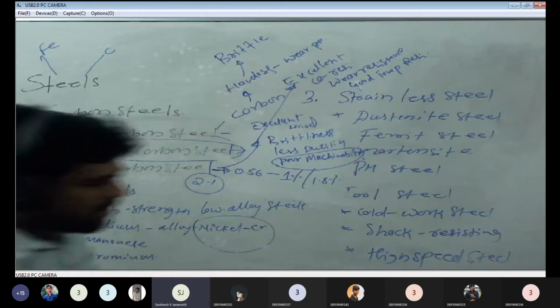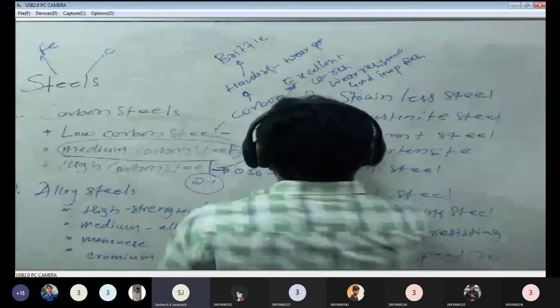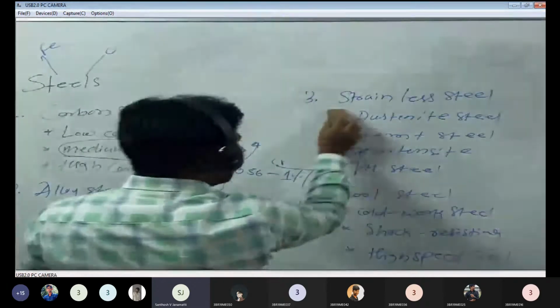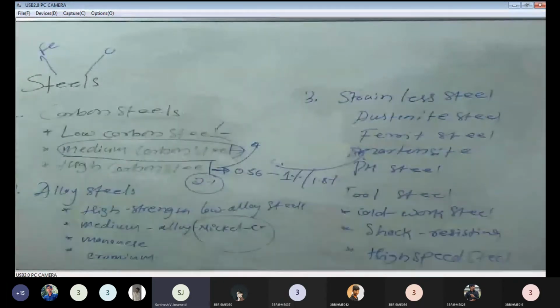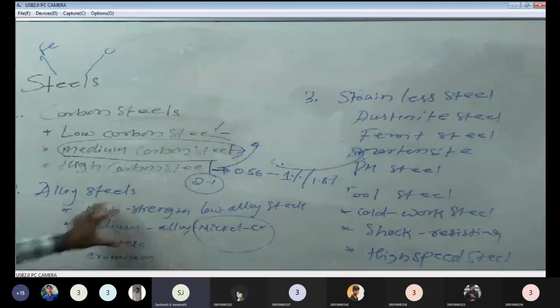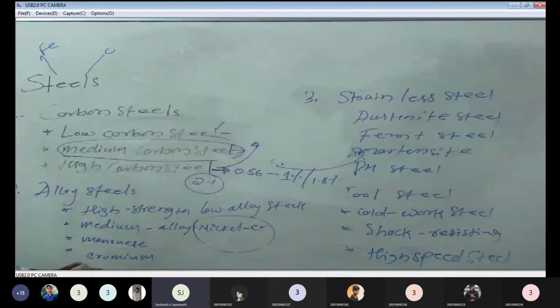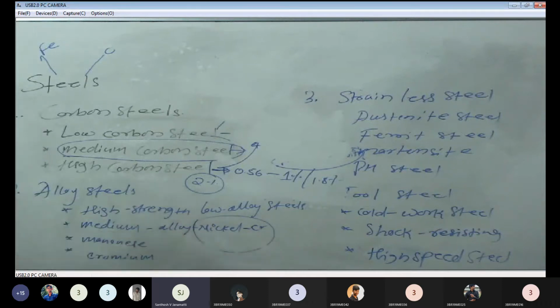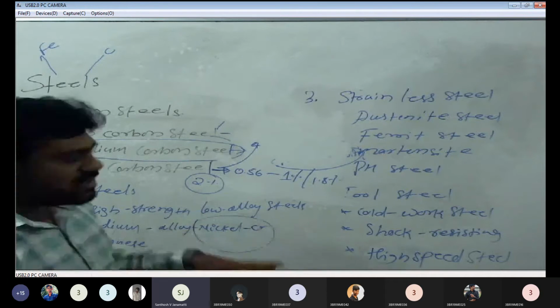Now, of the many steels, I will take just a few examples. Many alloy steels are available, depending on the customer's needs. Any element you add into the steel makes it an alloy steel. Just a few examples: chromium, nickel, manganese, magnesium, vanadium, tungsten, like that. We will discuss one more topic, the effect of alloying elements in steels, which alloys can be used in making the steels. I will explain that clearly in the coming classes or the next topic.